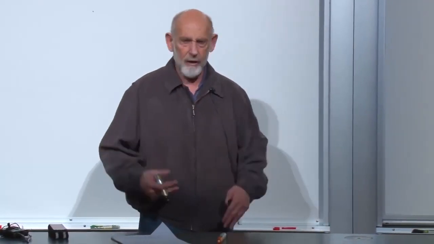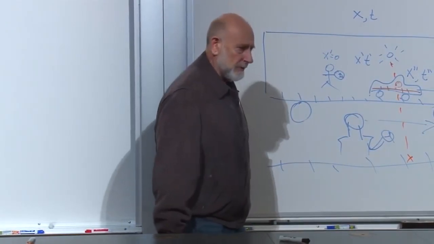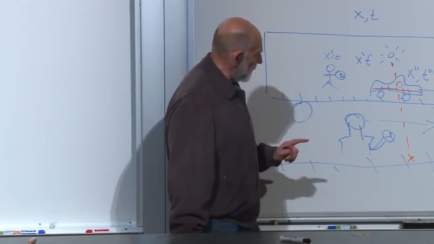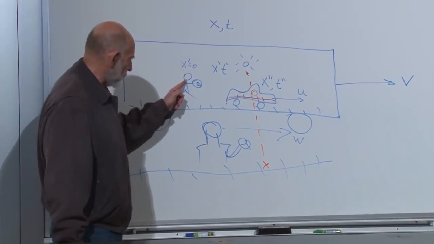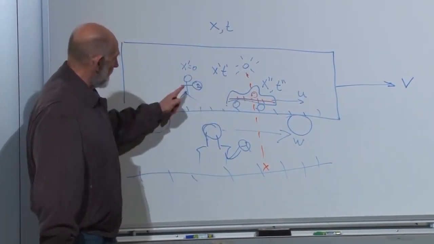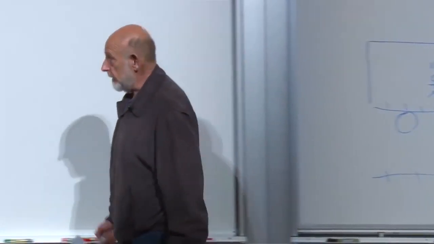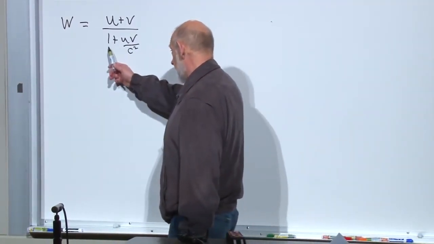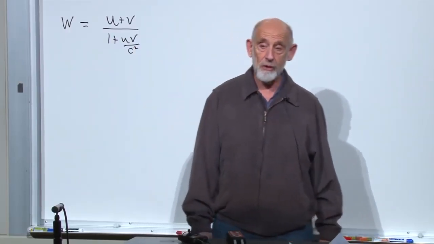So this is the equation with c being restored. What is the Newtonian equation? The corresponding pre-Einsteinian equation? Well, the stationary observer sees the passenger moving with velocity v, and the passenger sees the kiddie car moving with velocity u. The answer naively would just be u plus v. But it's not u plus v. It's u plus v divided by something which, as long as u and v are significantly smaller than the speed of light,